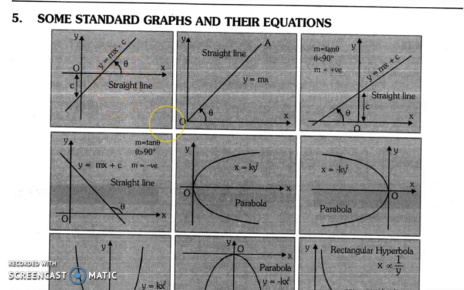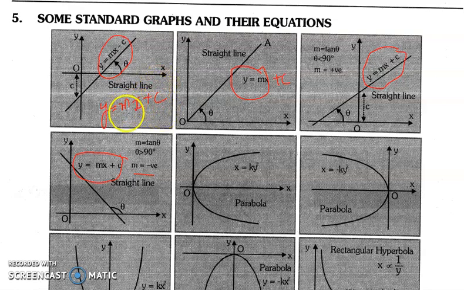The equation of a straight line is normally represented by y is equal to mx plus c, where m is the slope and c is the intercept. And this is also y is equal to mx plus c. This is also y is equal to mx plus c, where c is equal to 0, and this is y is equal to mx minus c. So what is the basic difference between these four equations? Let's say the equation of a straight line is y is equal to mx plus c. Okay, let us consider this as well.